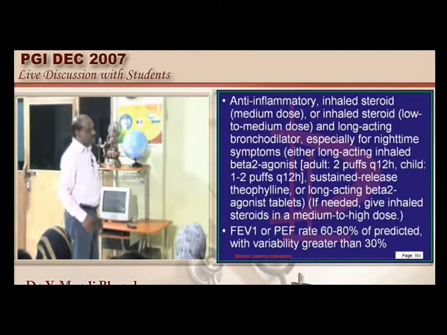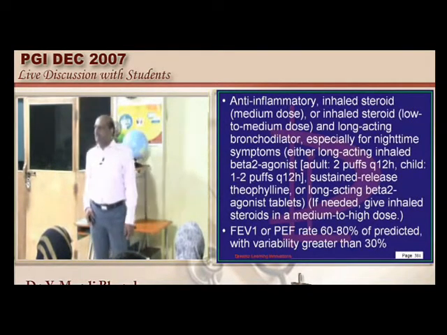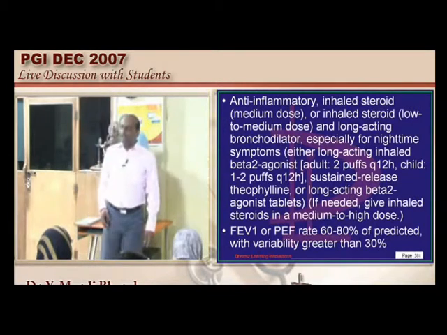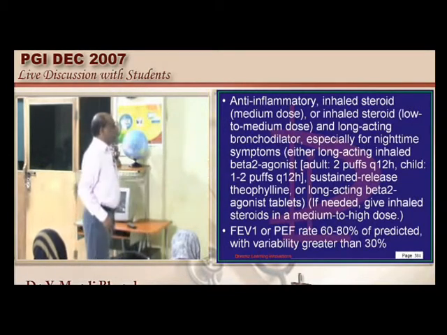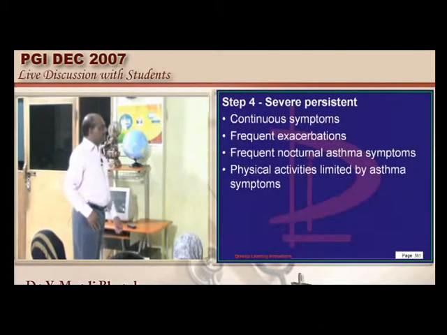What is the value given? 72%. So our patient falls into which group? Moderate persistent group. And what is he receiving? Only steroid. So would you like to do something else for that? Add theophylline, add also the beta agonist, then that will take care of the problem. So try to change the drugs, rather add some new drugs other than the steroids. That is what needs to be done.